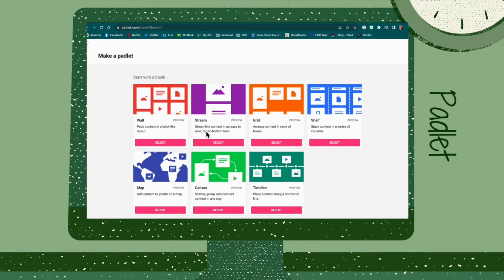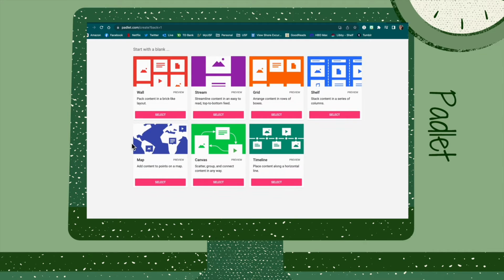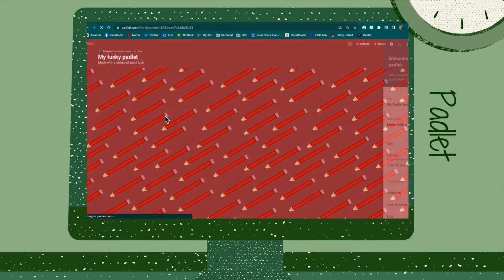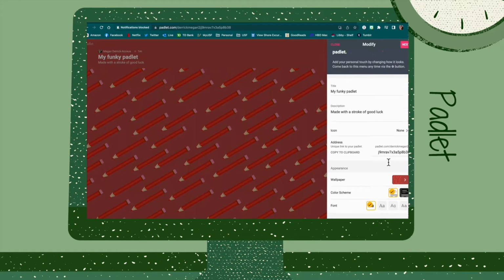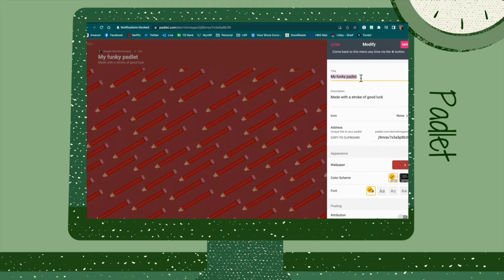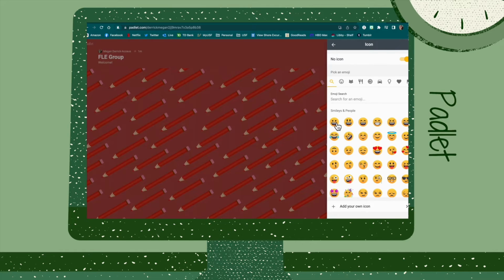Alright, here we have Padlet, and Padlet is our little virtual corkboard. So here I am on the website. I've already signed in, and you can either join a Padlet by entering the URL, or you can create a Padlet, and you have a bunch of different options here. The one that I think is most common is the wall,